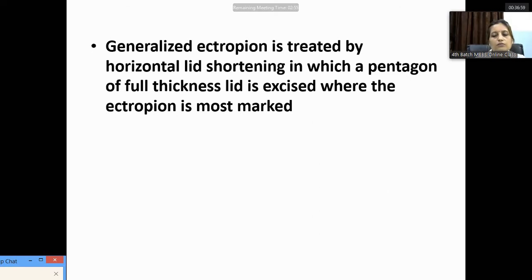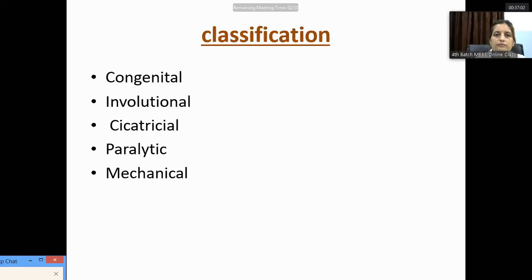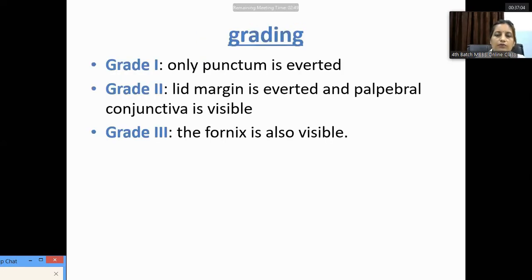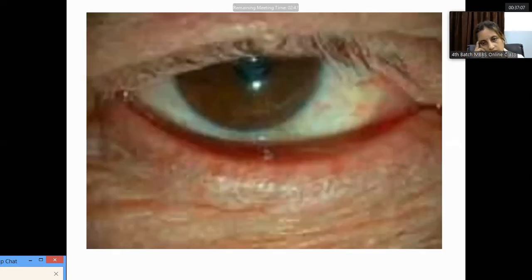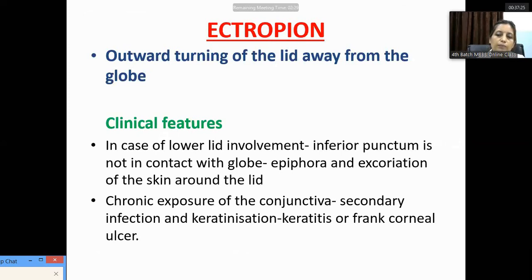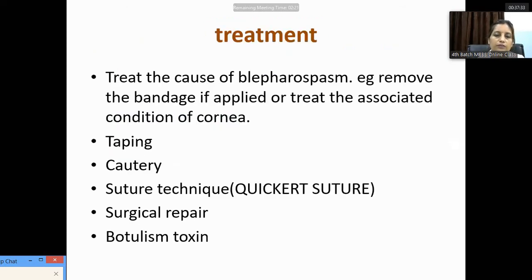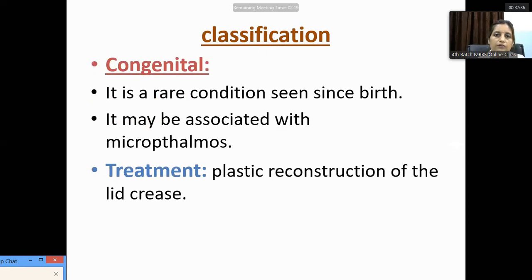In the last class, I discussed all the anatomy. It is very important. In the next class, we will discuss ptosis. You have to understand the two muscles: you have to know the LPS and orbicularis oculi, that is anatomy. So come prepared, and also go through today's topic. You have to make a habit of making notes by yourself from the very beginning, so that it will be easy for you in the final exam. So these are the things.